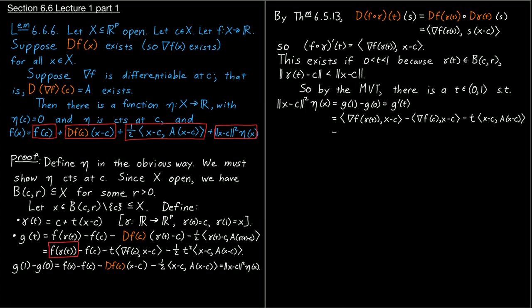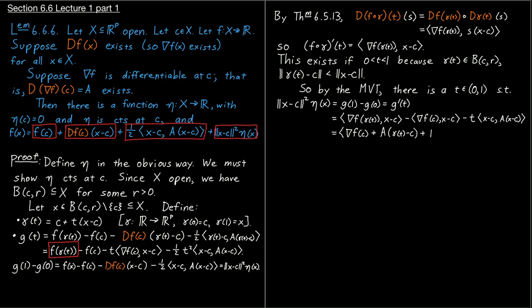And now what we're going to do is use our fact that the gradient of f is differentiable. So the gradient of f of gamma of t is gradient of f of c plus the derivative of the gradient of f, which I didn't want to write out, plus A of gamma of t minus c,